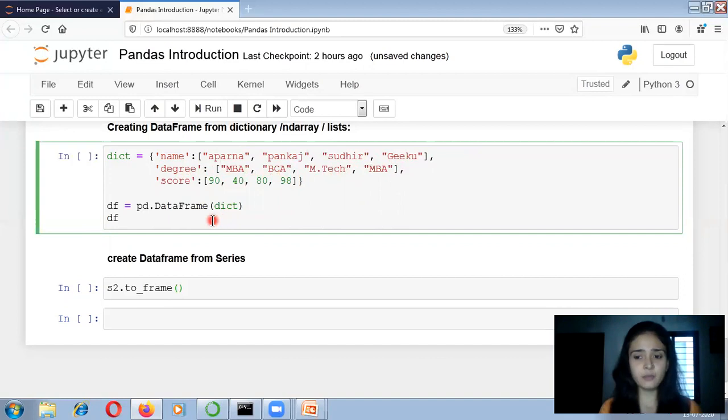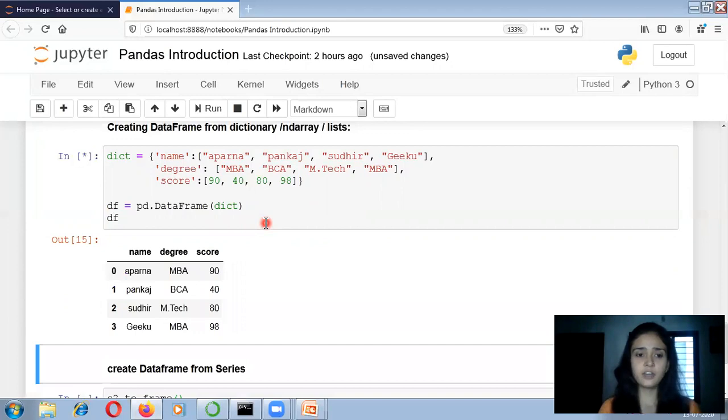So for creating a data frame, what do we have to write? That is the alias pd.DataFrame. As an argument, you have to pass this variable or object, you can say. So I am passing the dictionary, that is dict, and whatever the answer is, it will be stored in my new object, that is my df object, and I am printing this df. Then you can see over here that my two-dimensional data frame is created, and it is like a tabular column, you can say, tabular design. So whatever the keys are in the dictionary, that will be my column names, and whatever the elements are, that will be my values within the columns.